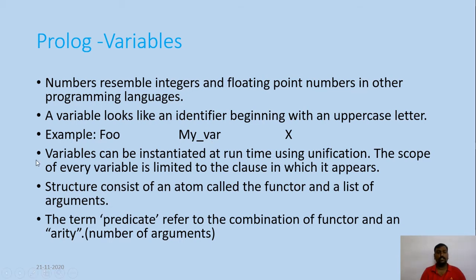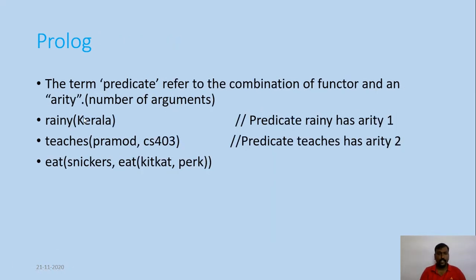There is a term called arity which represents the number of arguments for a predicate statement. For example, in rainy of Kerala the arity is 1 because inside the predicate rainy there is only one argument, Kerala. So the arity is 1. Inside the predicate teachers of Pramod, CF 403, the arity is 2 because there are two arguments inside the predicate teachers. If I am referring to the predicate eat here, Snickers, again nested predicate statements are there, eat of KitKat,